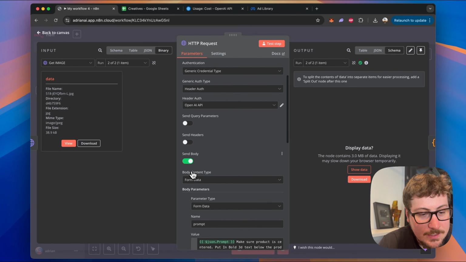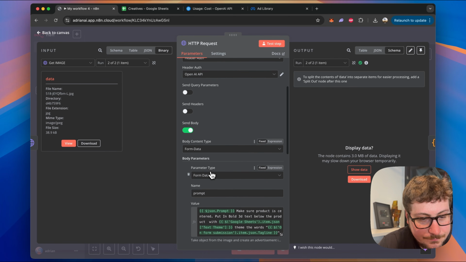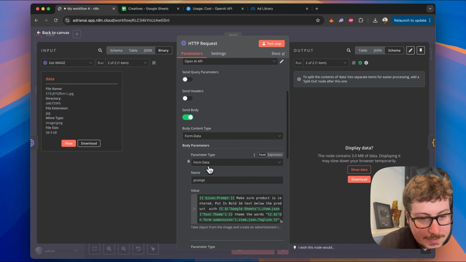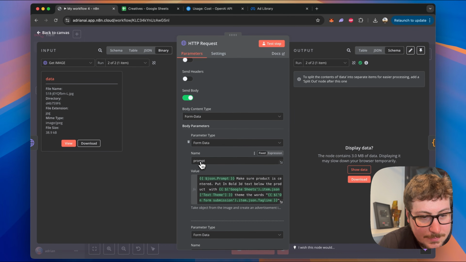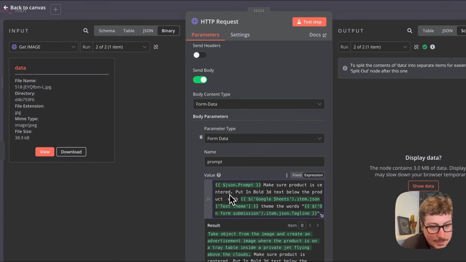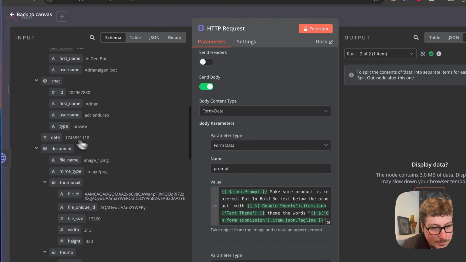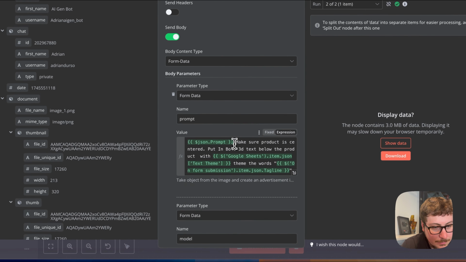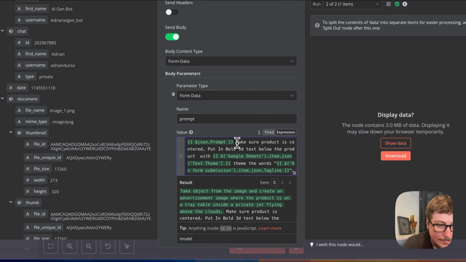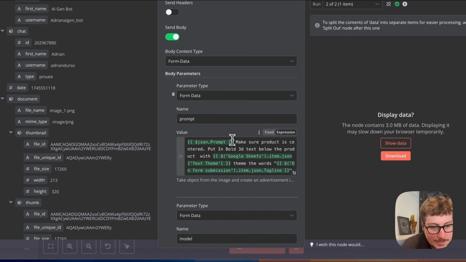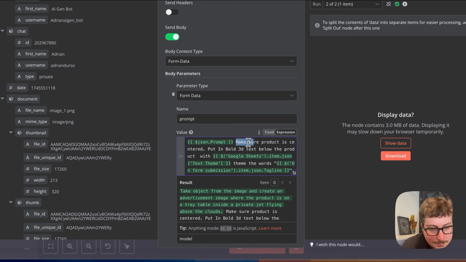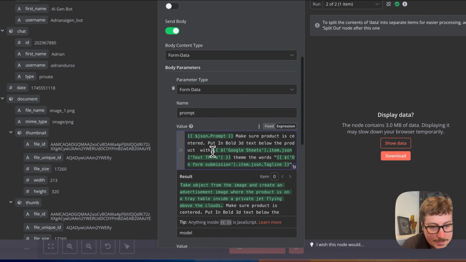We're going to do send body form data, and then the first one is going to be prompt, and then the value is we're going to go to the Google Doc, drag in the value of the prompt that corresponds, and you can see below it's linked to this one. So we got that right there, and then I put in the text, make sure the product is centered, put in bold 3D text the product, and then I took the